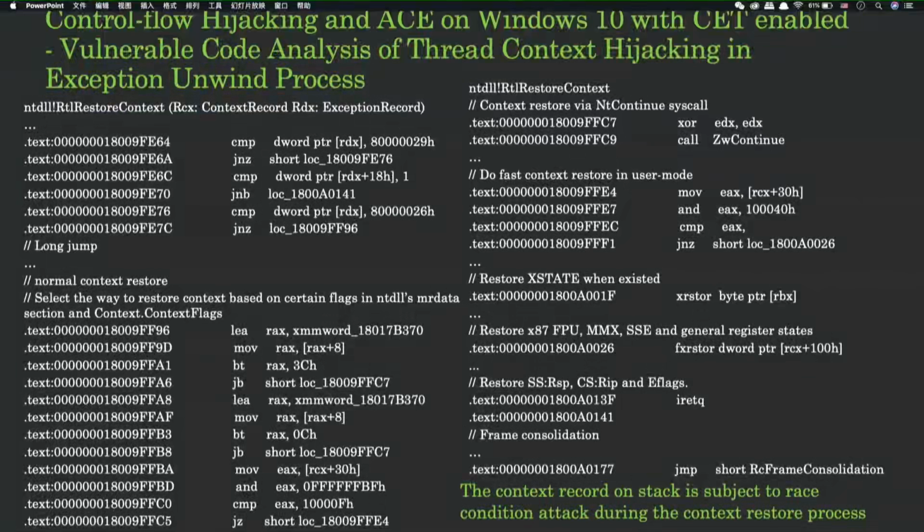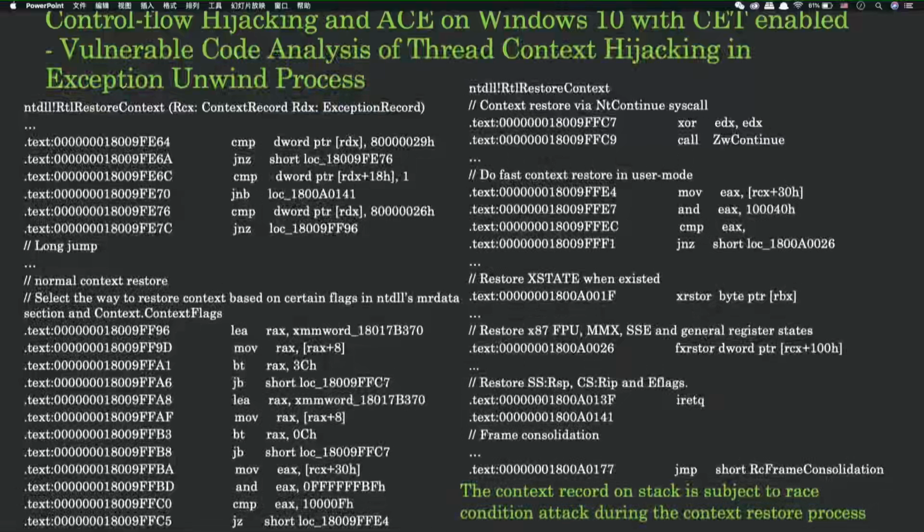It will change the thread context in the kernel. The context record is a parameter that comes from RCX, but the memory that holds this context record is on the stack. So in this case, it will have a very long time window to do the race